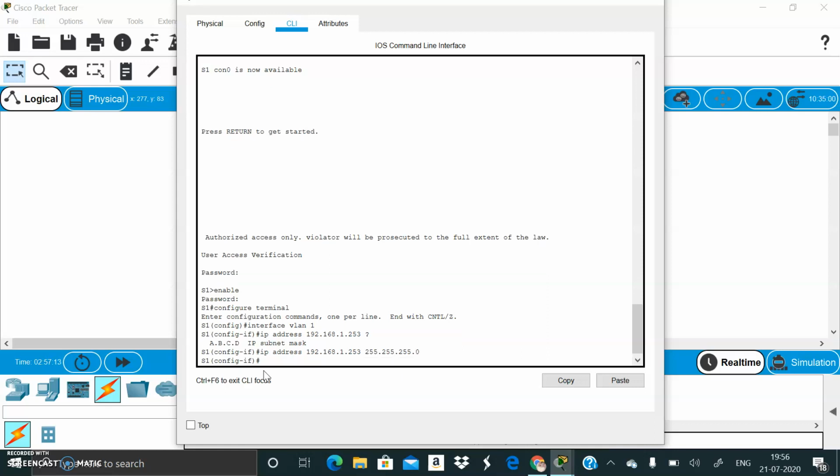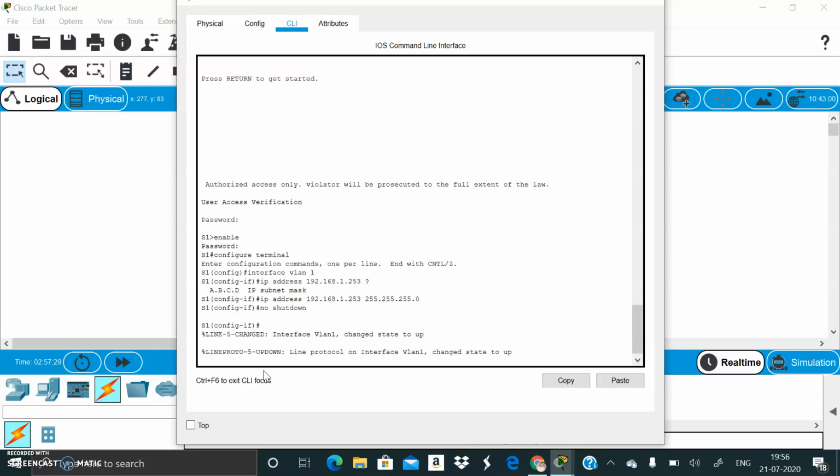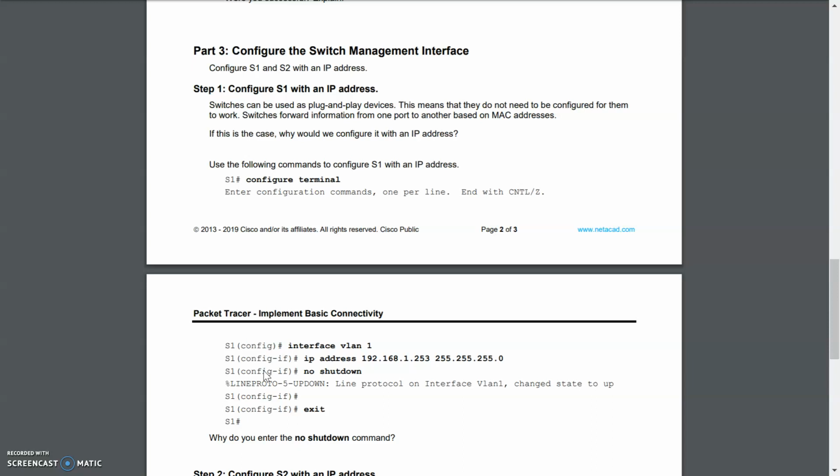Okay, enter. We have configured the IP address. Now we use the no shutdown command. Next, the same process will be repeated at S2.